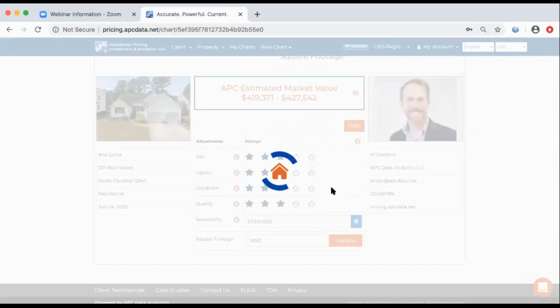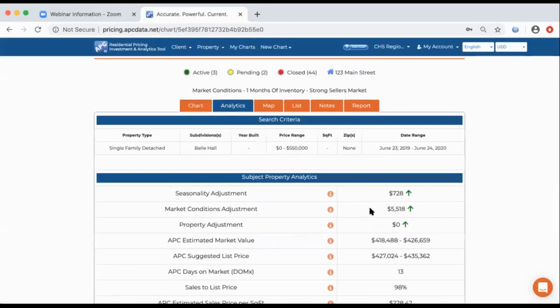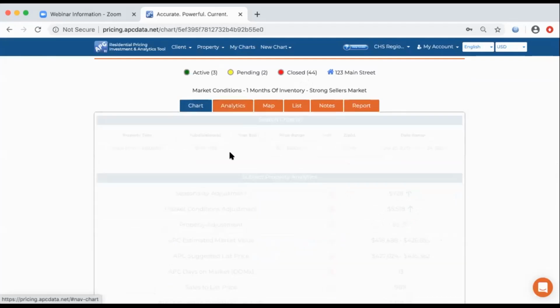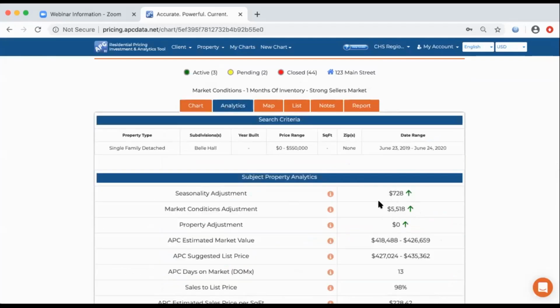So if I go one month forward and put July 24th and go back to my analytics, now look, it's made a higher adjustment of 55.18. What this is taking into consideration, again, the 44 closed comps, is another month of appreciation based off a historical comparison of inventory to historical appreciation and depreciation. So if you wait another month, we're saying the house value is going to go up based off of long-term